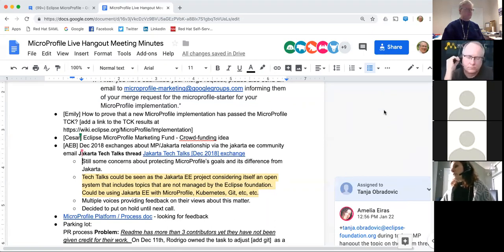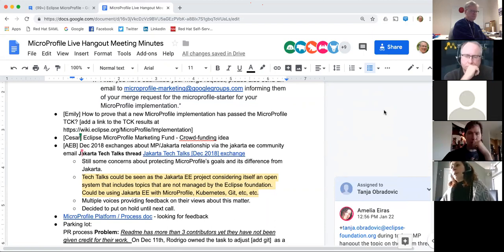This is something that has been organized at this point. So at this point, this is organized by Eclipse Foundation for the community. And the community is as wide open as anyone interested in cloud and Java. Now, if there is a strong desire, and I have to admit, I'm hearing for the very first time this